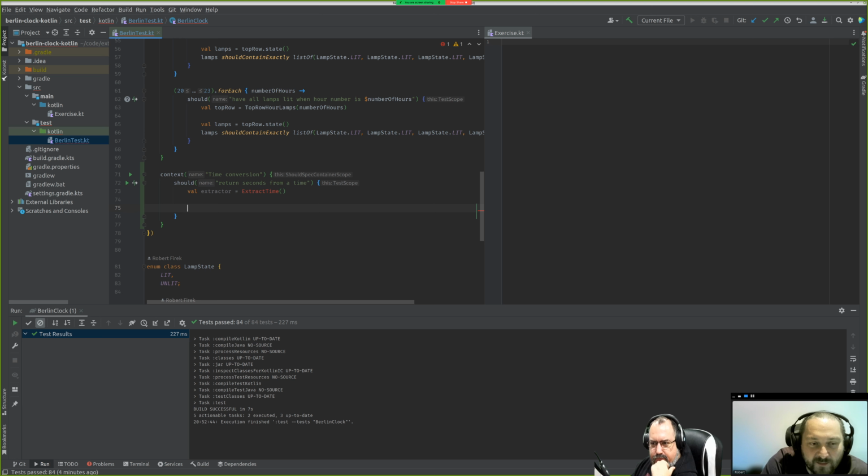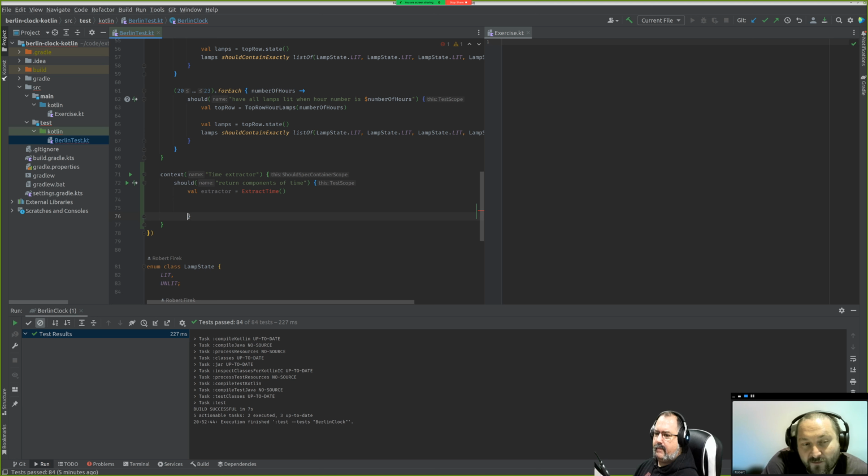We have plenty of possibilities. Probably I wouldn't like to split this extraction into different elements like seconds from time. I would just say time extractor should return components of the time from a valid time representation. Because I think focusing on the seconds will be really non-productive if we know the format of the time. We have colons inside, and we can just divide this into smaller chunks, yeah? Okay, so